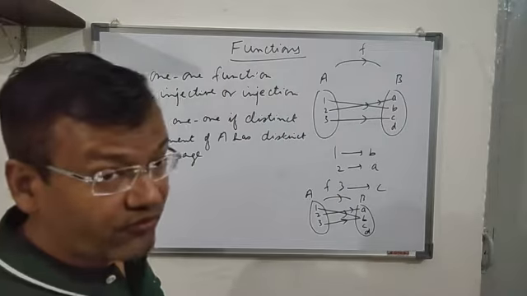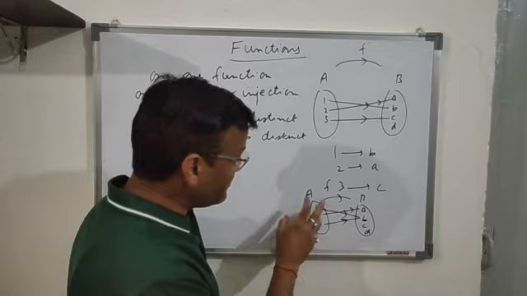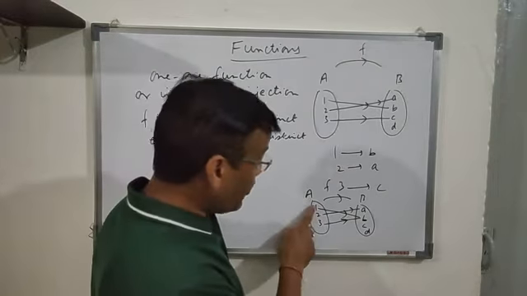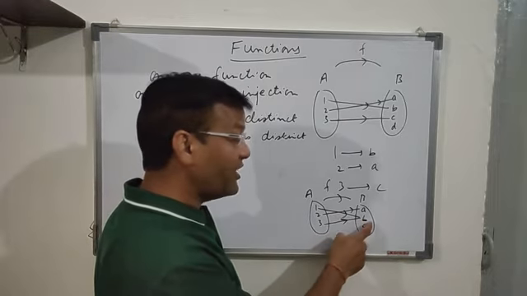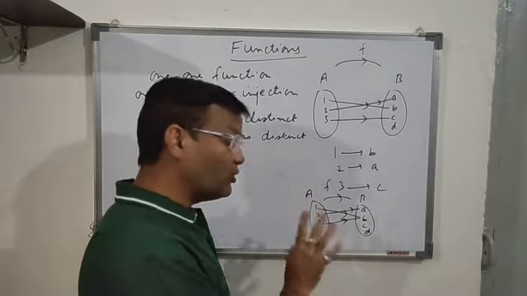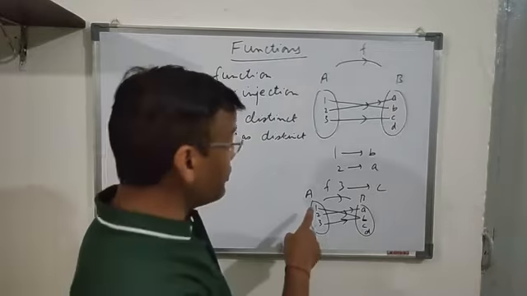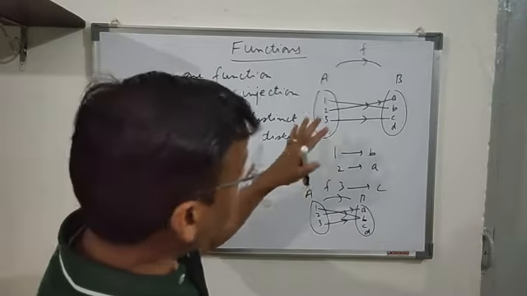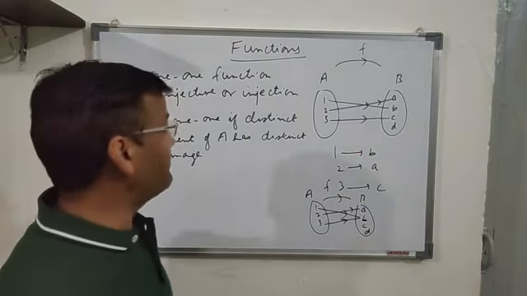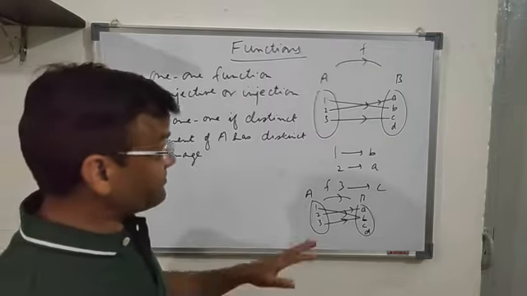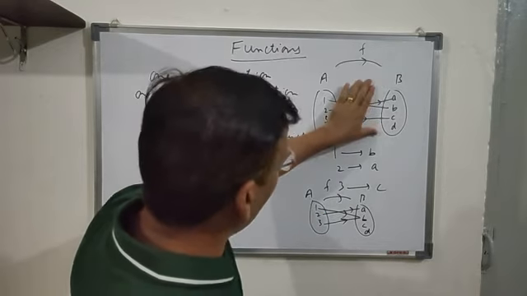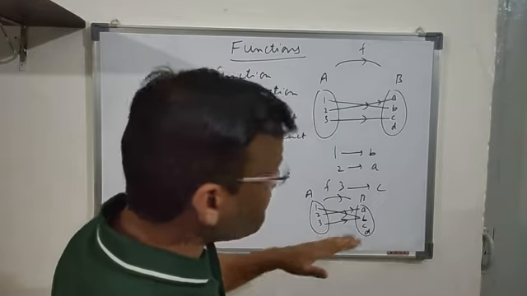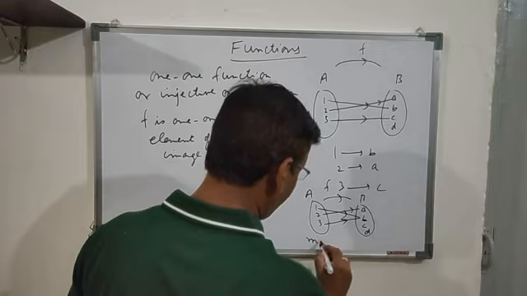Now if I say it is a 1-1 function, it's not, because the definition says that different elements must have different images. You can see here, 1 is having the image B and 3 is also having the image B. Although both are having images, both have the same image. So this is not a 1-1 function. A 1-1 function is where different elements have different images. Otherwise, this representation is a many-one function.